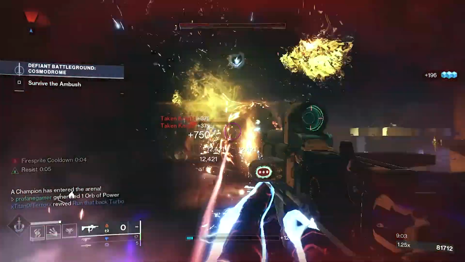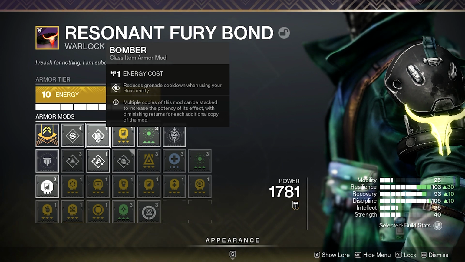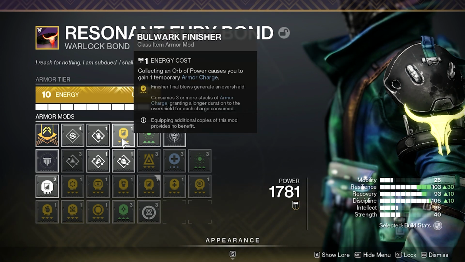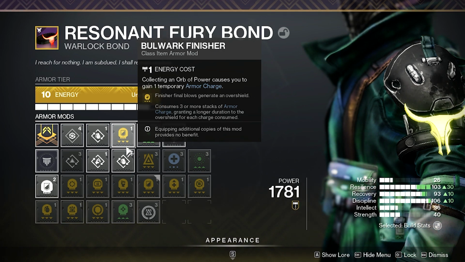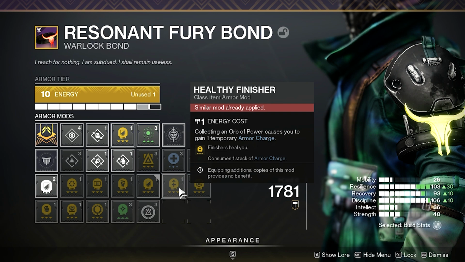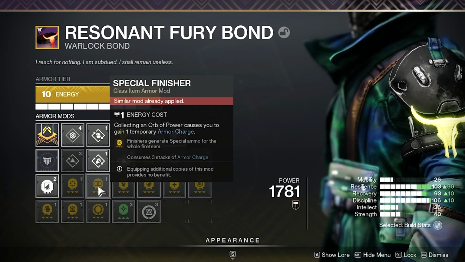We're also using Bomber, which is going to give Warlocks 25% grenade energy after casting Rift. We're also using Bulwark Finisher. There's a lot of surprisingly beneficial finisher mods that are available this season. There's mods to reload your weapons, to gain special ammo, to return energies, but the one that I've found most